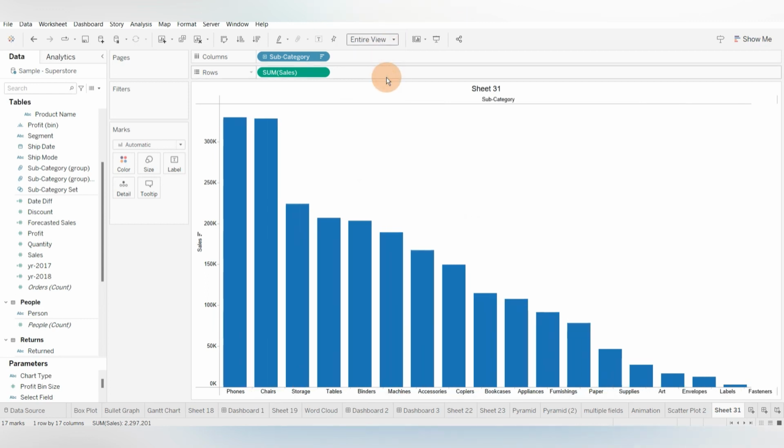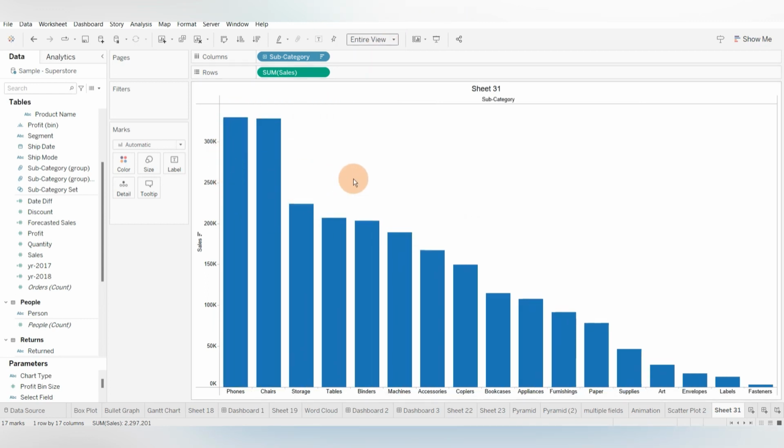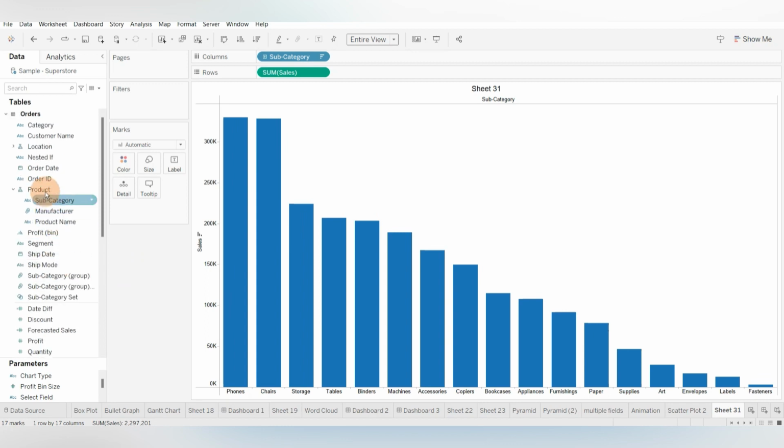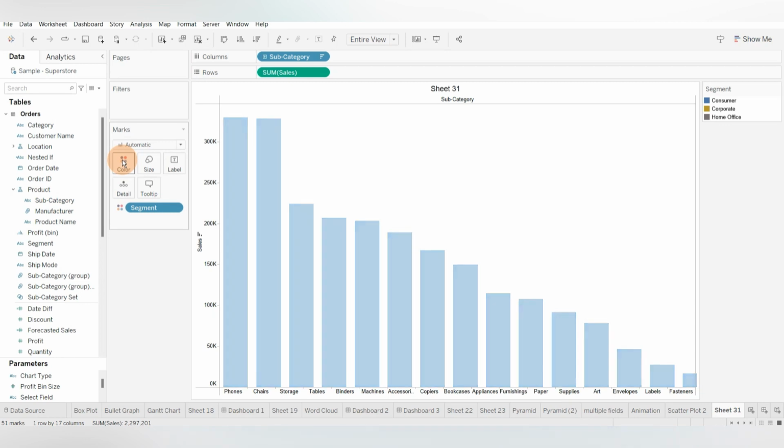Now suppose in this bar chart I also want to see a different field. That is, I want to see the contribution of different segments, how the sales are for different segments for all these subcategories. For that, I will drag my segment field into colors.